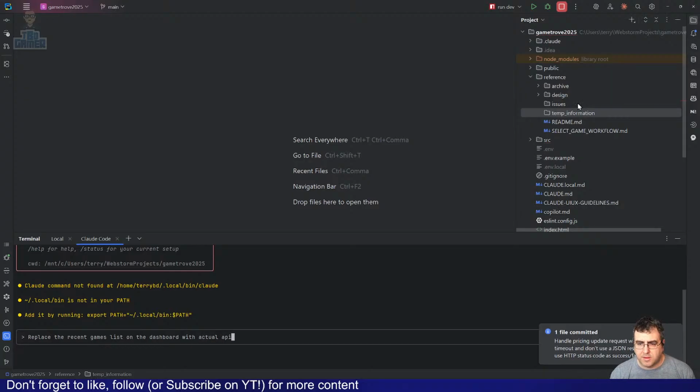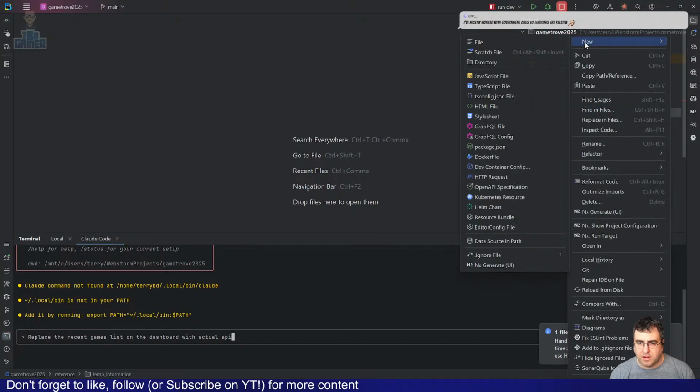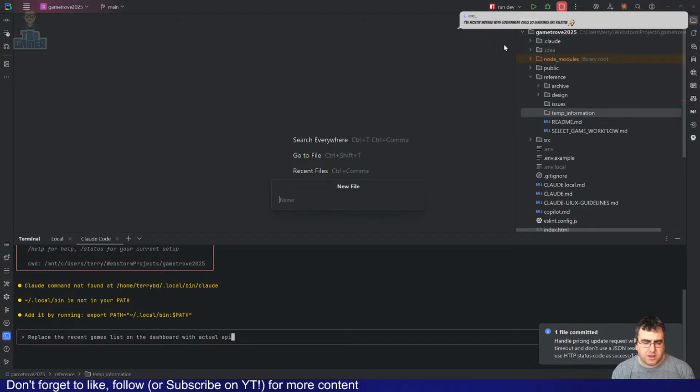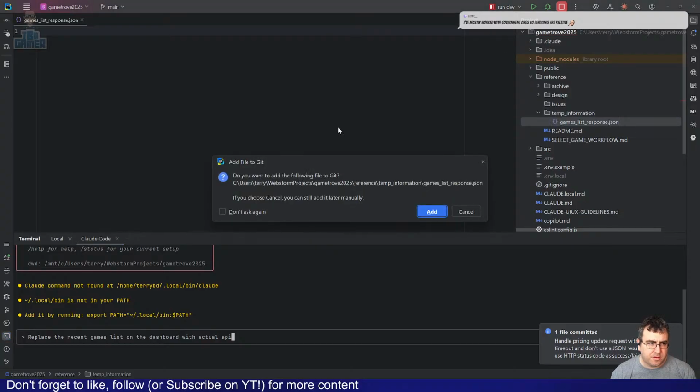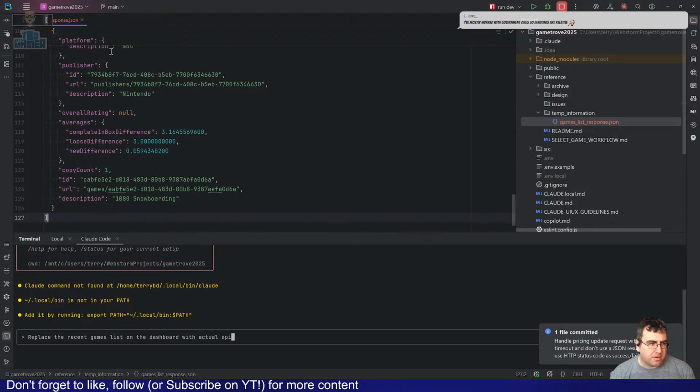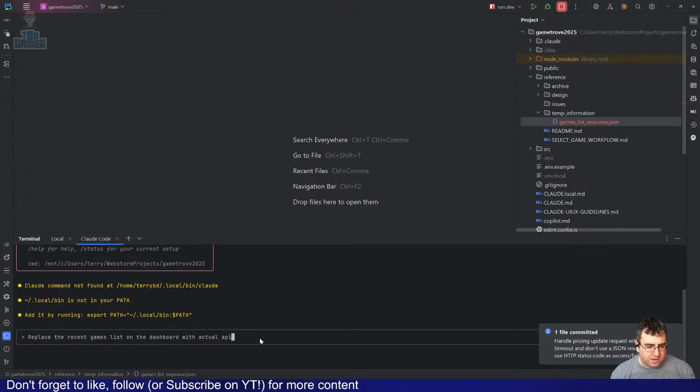What we do is we go here, create a temp file, games list response.json. Create that temp file, save that. Virtual API call to API games recent.